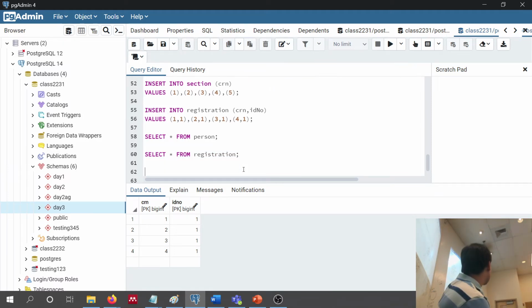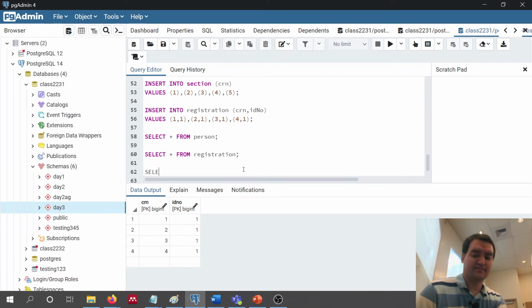Okay, so if I want to join person to registration, all I'm going to do, just like we did up here, I'm going to say select star from person join registration on person.idno equals registration.idno. That's all I'm going to do, right?